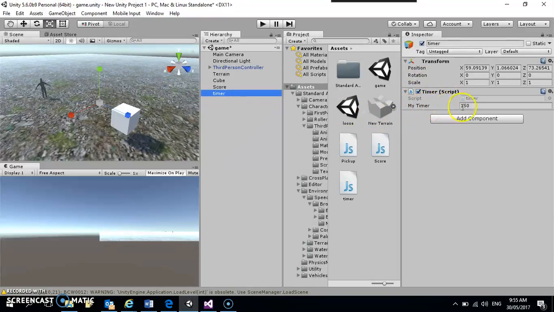Now the current timer here is set at 150. Because I want to show you this quickly, I'm actually just going to change that to 10 to show you that it's going to load up that scene after the countdown finishes. You can change that time to whatever time you would like. So then if I hit play,